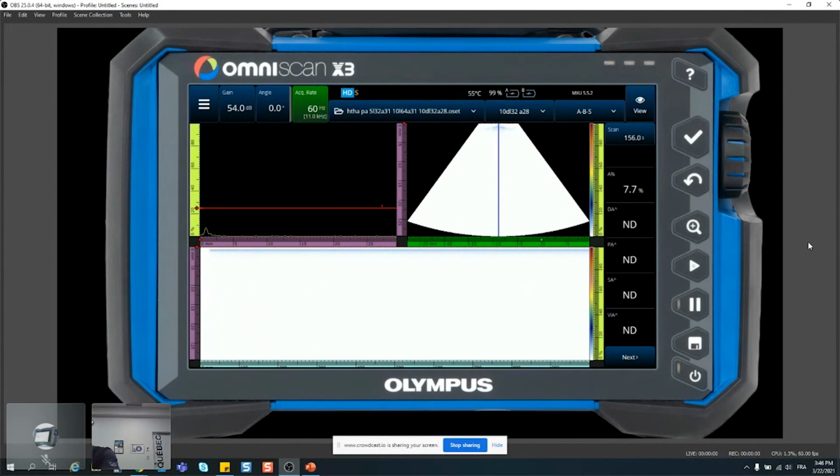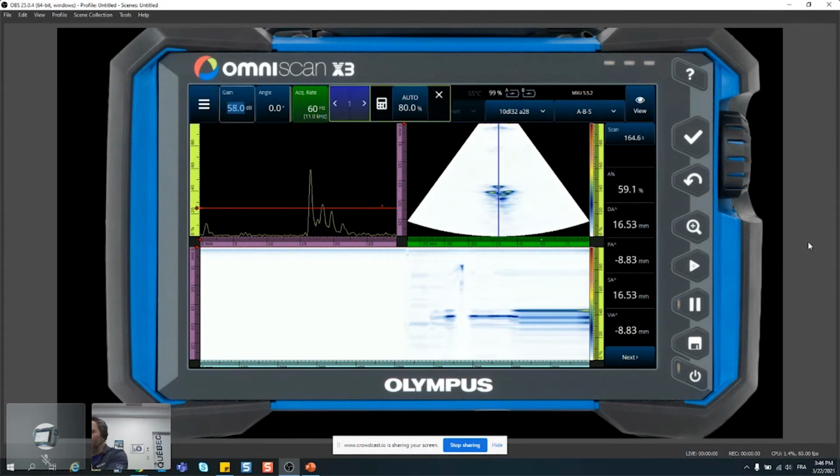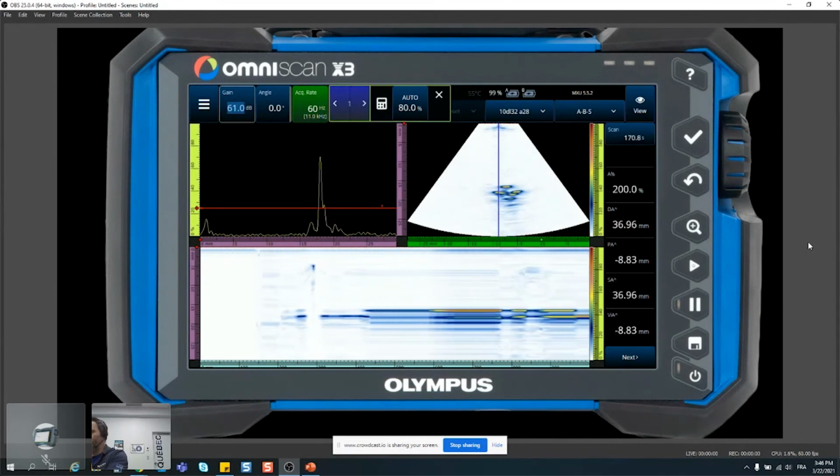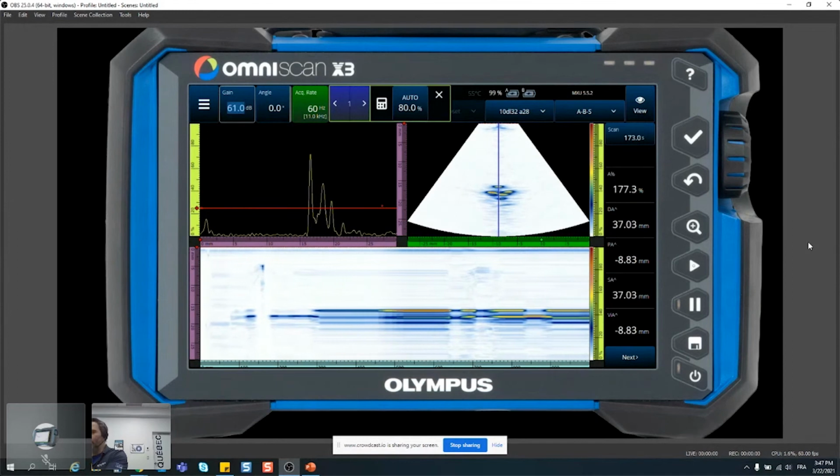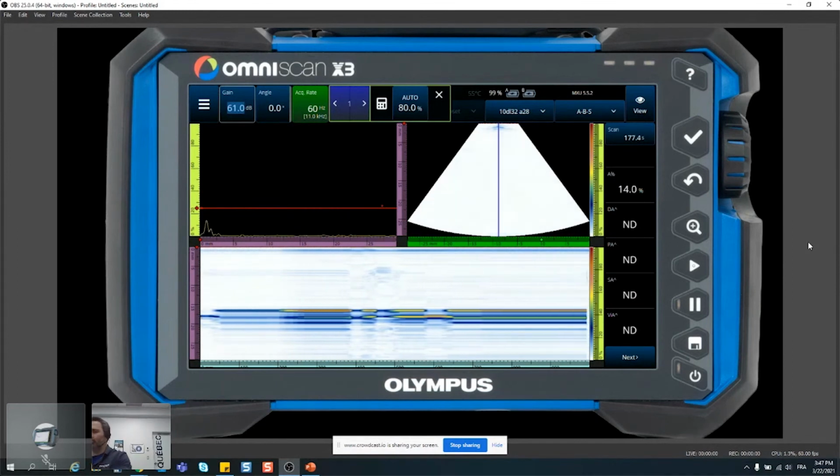So I just have to maximize it. Apply some gain. And again, we have great results using this probe. So that's all good. Everybody can do it on side drilled holes.